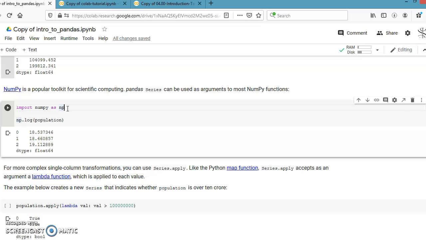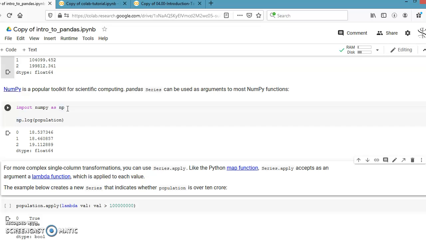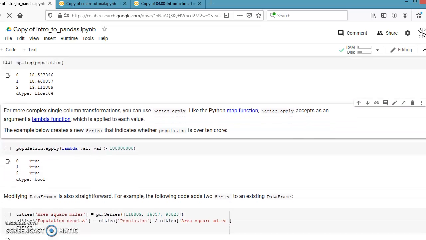Okay, see, np.log(population), we will get output like this. We already checked it. This is the output. Again, that output is in float64 format.